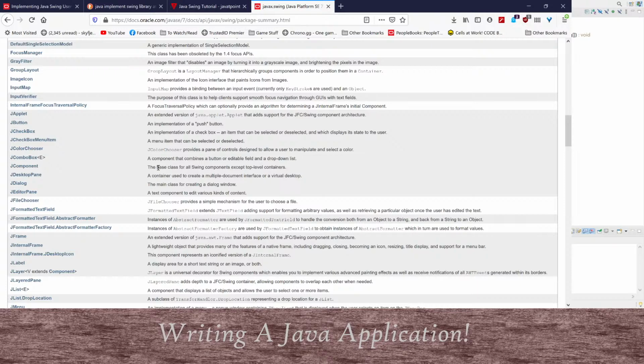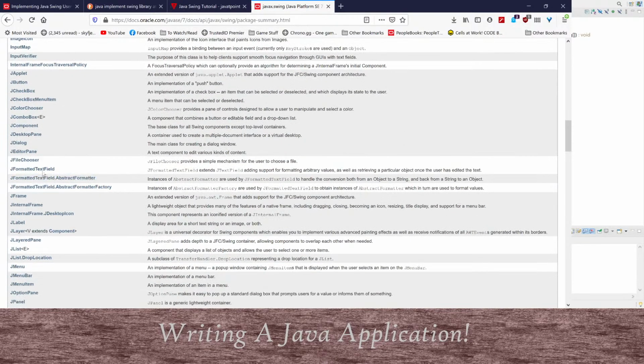Combo box component, desktop pane, dialog, and editor pane to edit various kinds of content. File chooser, formatted text field. That looks like what we want. So I'm just going to copy this,